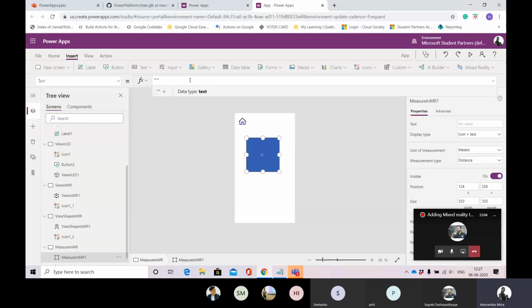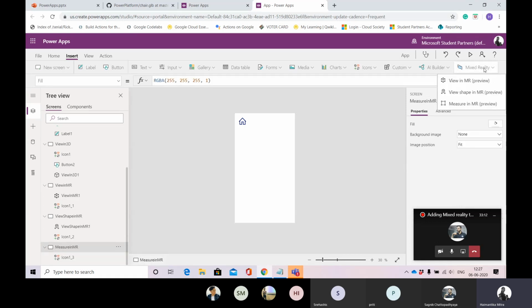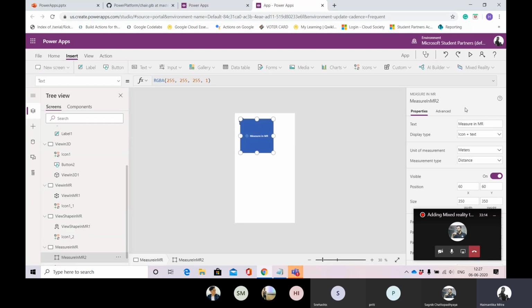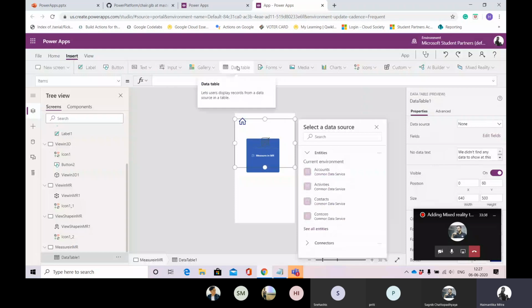Okay, if you want, you can keep this as it is. You can keep this as it is, or you can rename it to something else. I was trying to rename it to something else. If you want, you can keep it as measure in MR. And then this will measure in inches, height, that is width, length, and all those. So how do I keep track of all of these? For that, we'll go to insert and here data table. Yeah, so we'll enter this data table.